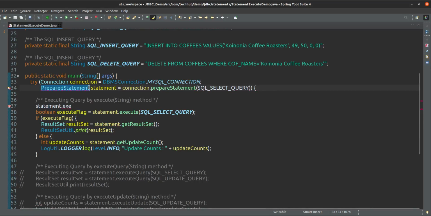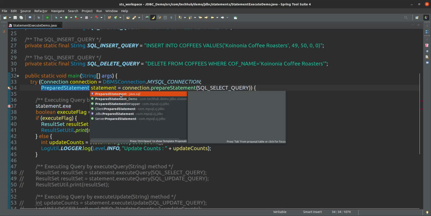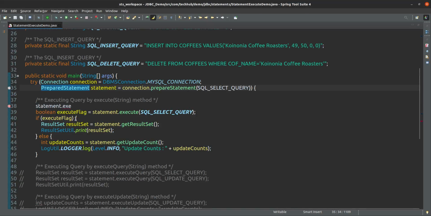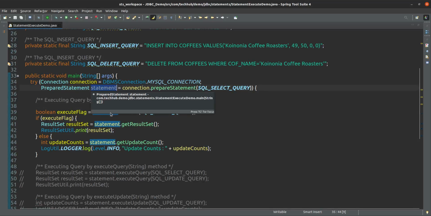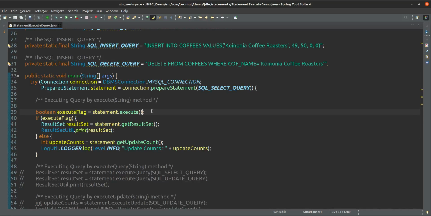So this is a prepared statement. If it is a prepared statement, then also you can execute the query. Or for a prepared statement, execute without the query is also available. Why? Because for this prepared statement the query is already given, so you can execute that query directly.